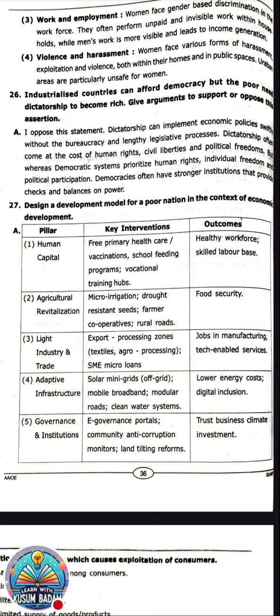If there is any sudden calamity, like during COVID, if you have experienced, many ration shops were opened which were providing grains to the poor ones who were unable to afford it. Now the next one, light industries and trade, export processing zone. So here: light industry, export processing zone, textile, agro processing,